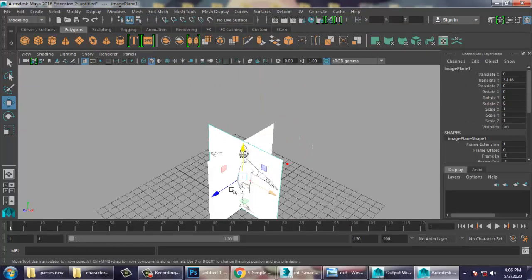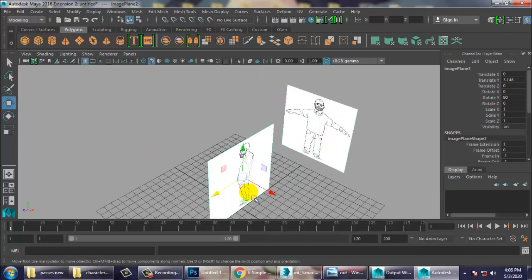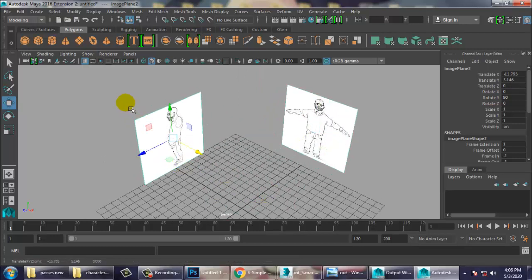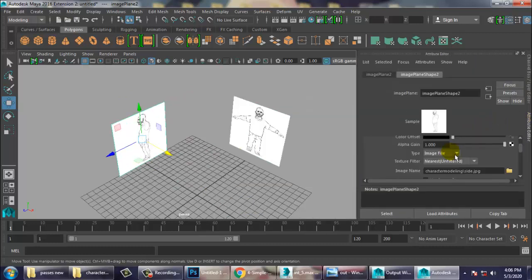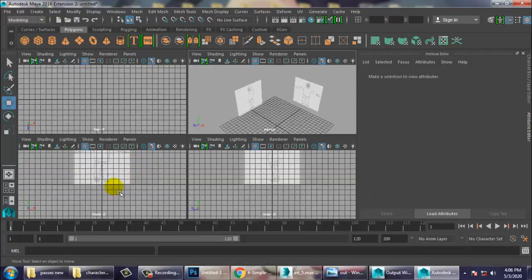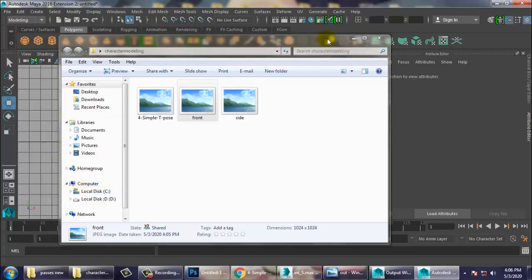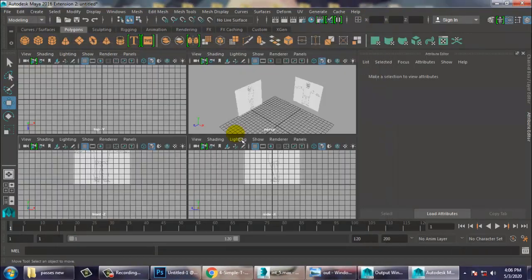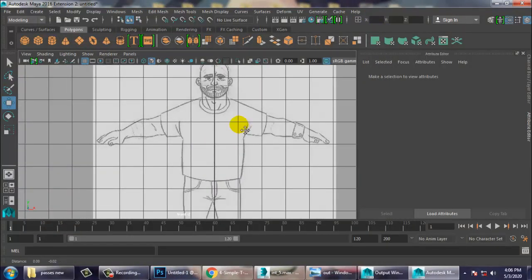Select this, push this over here, select this, push this over here. So select this, press Ctrl A over here, your attribute editor, go into this and set the alpha gain as 0.5. Select this and set the alpha gain as 0.5. So we are going to do this with poly modeling over here. So very first of all, it's very important that you need to match with the references what we are doing over here.